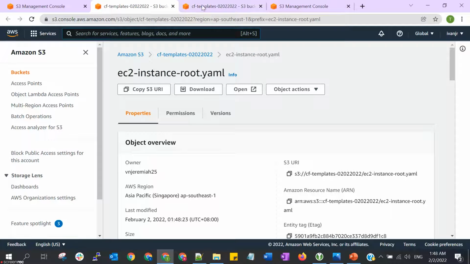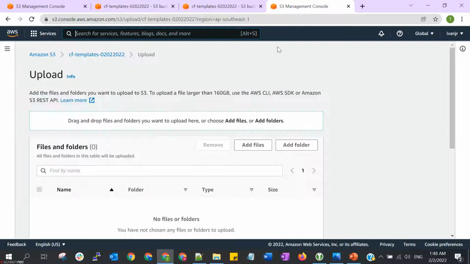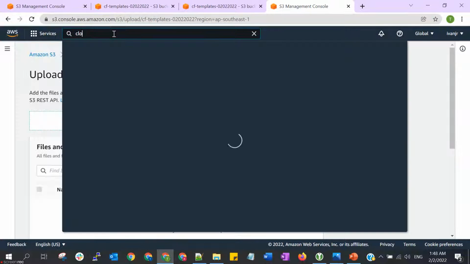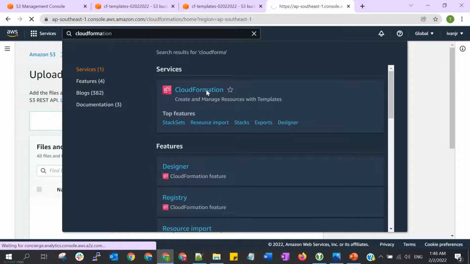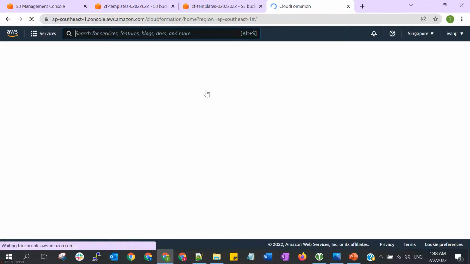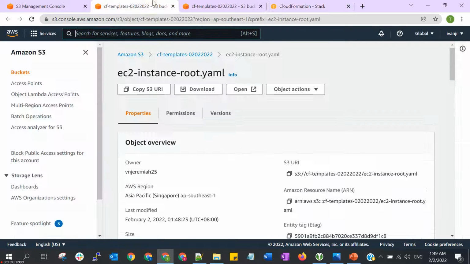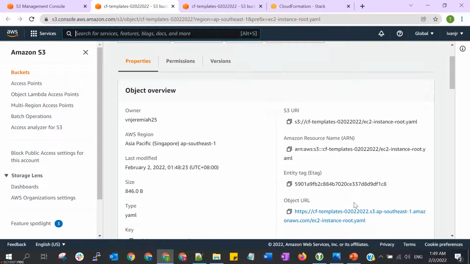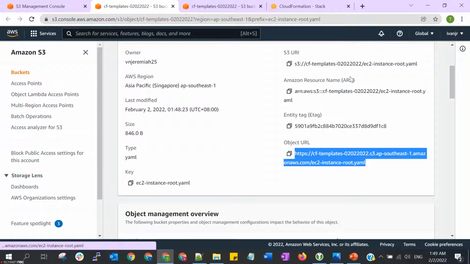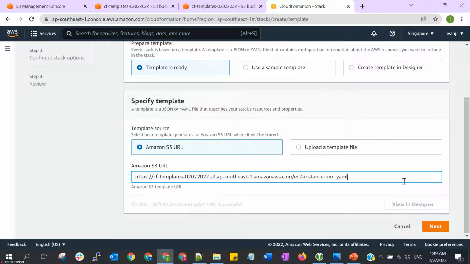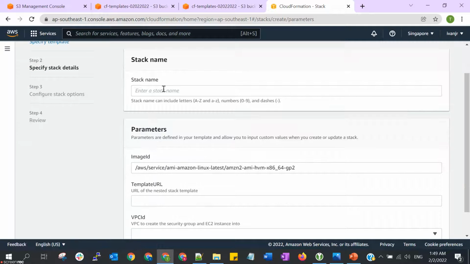So we have two YAML files uploaded to S3, and let's create our CloudFormation stack. First, we copy the object URL for the root stack and put it here. Next, enter the stack name. I will put test nested stack.